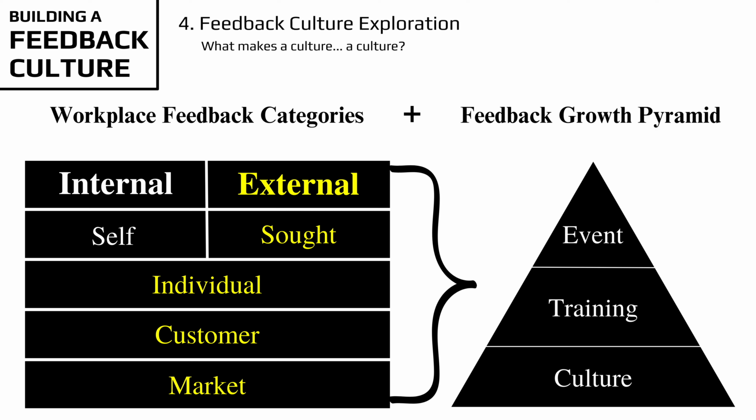For example, a company may be one of those rare few who offer their employees training on feedback communications, but they may be missing the boat when it comes to having a strategy for listening to the external market signals that could seriously disrupt their business model. Based on my experience and review of the decades of feedback literature, one way to move from feedback category awareness to real action is to pair our category diagram with a feedback growth pyramid as we have here.